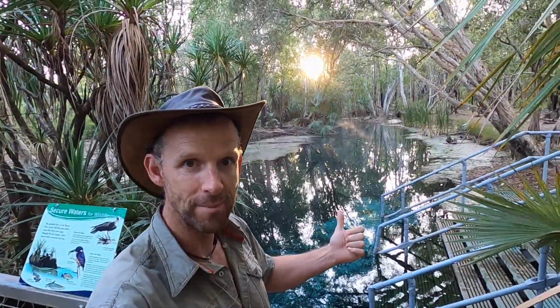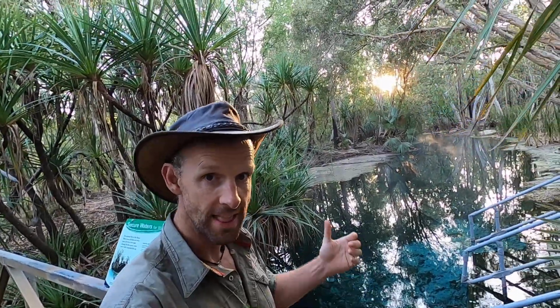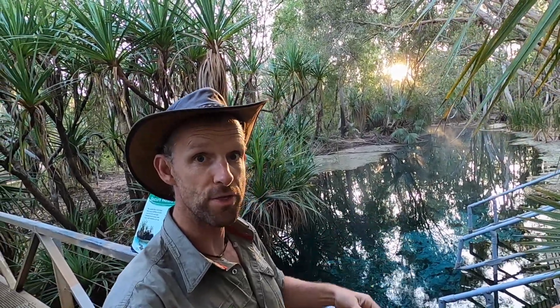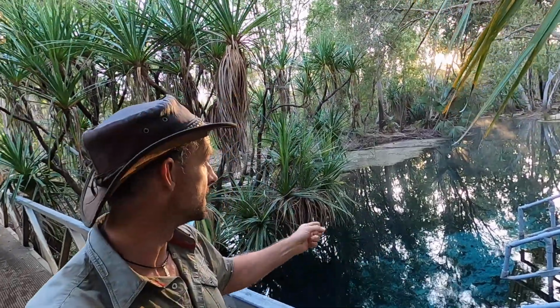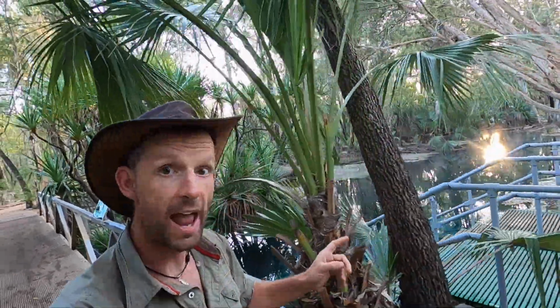Have a look at what's behind me, yet another thermal spring. So we're in a place called Mataranka, which is a little bit south of Catherine. This is Bitter Spring. Just nearby there's Rainbow Spring. There's also a Catherine Spring. These things pump out about 30 million litres per day of thermal spring water. This water's at about 34 degrees Celsius, and you can see the water